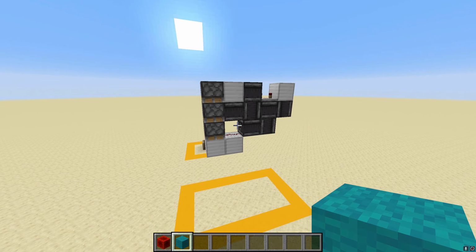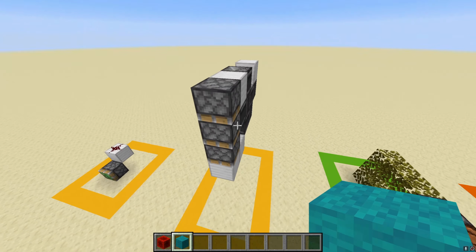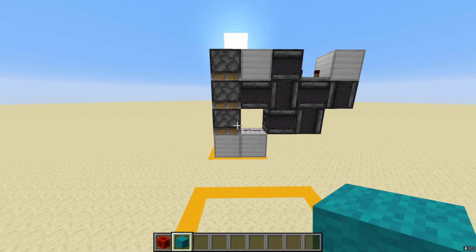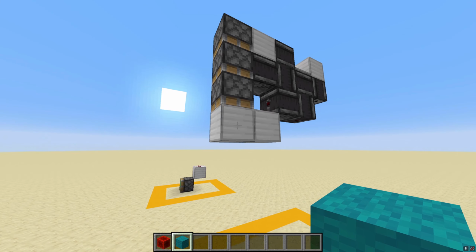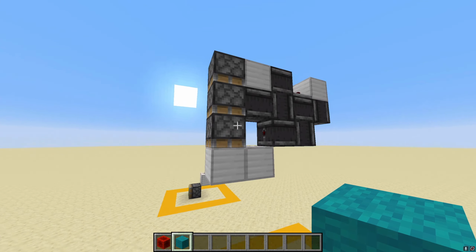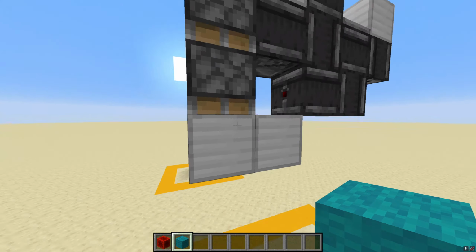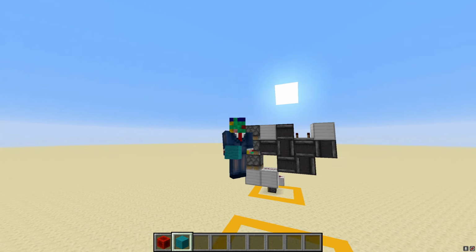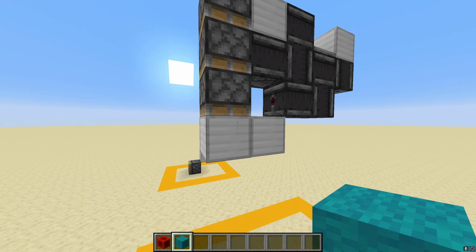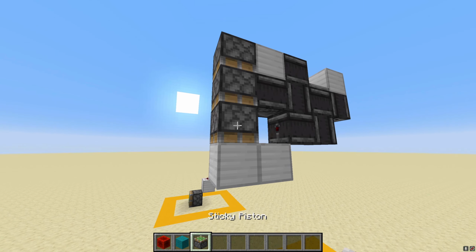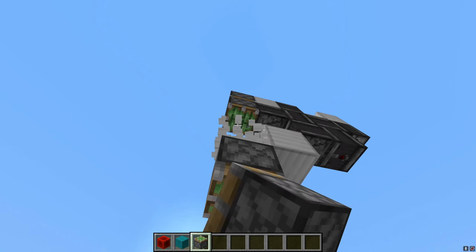One example of quasi connectivity is the triple piston extender. This is a nice triple piston extender circuit that I'll leave down in the description below if you want to go ahead and follow that tutorial. It's not from me, but from someone who's far more experienced than me. But anyway, this triple piston extender design, when this piston right here is in this location,